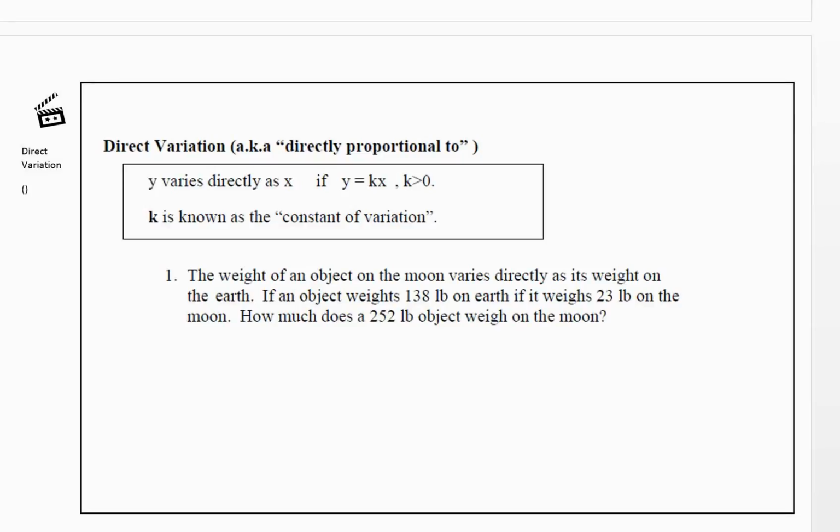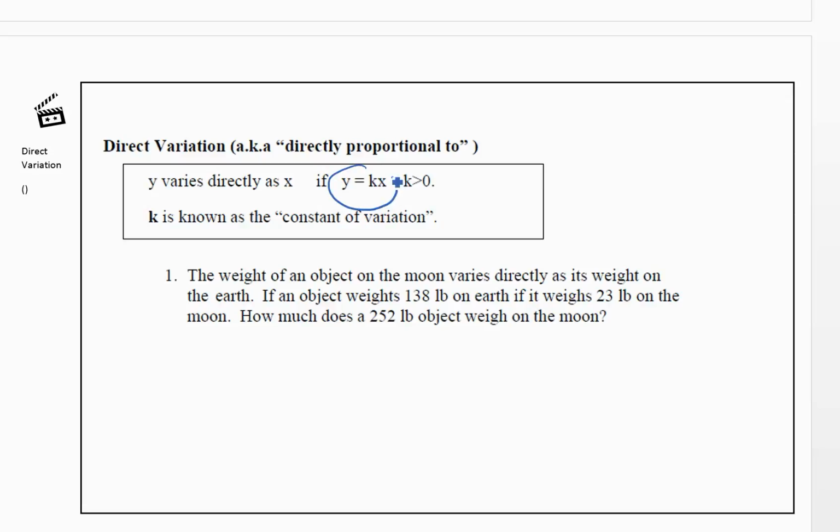In this video, we're going to talk about what's known as direct variation. Sometimes you might hear this when you say that two variables are directly proportional to each other. And so here, when two things vary directly, so we can say y varies directly as x, then we'll always have this equation